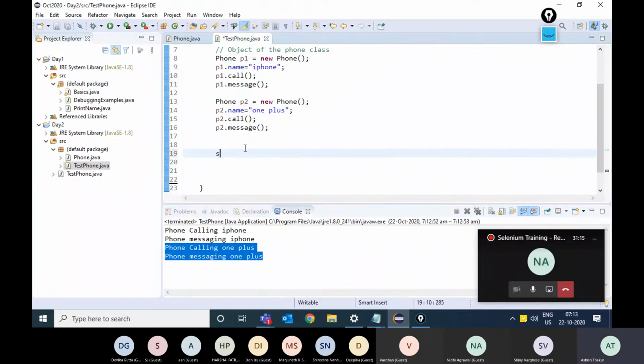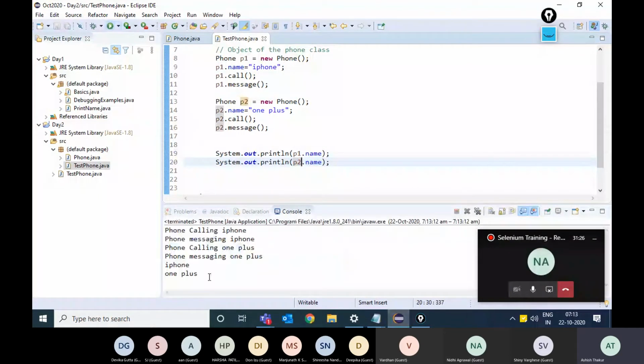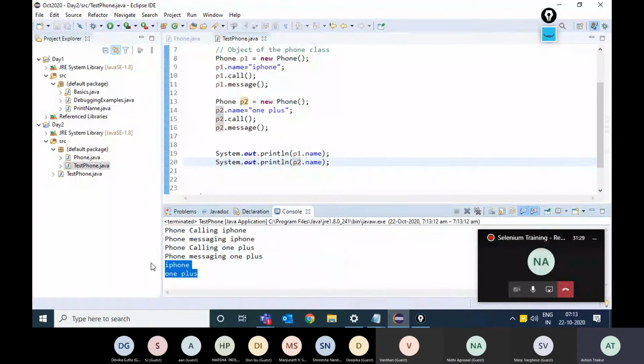Okay, I can also print say P1 dot name and P2 dot name over here. So it will just directly print the names. Pretty simple. Okay, it's not printing the same names.